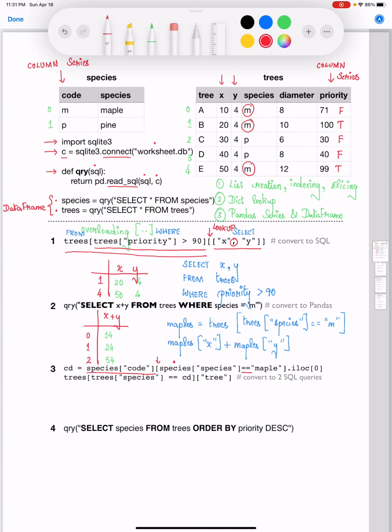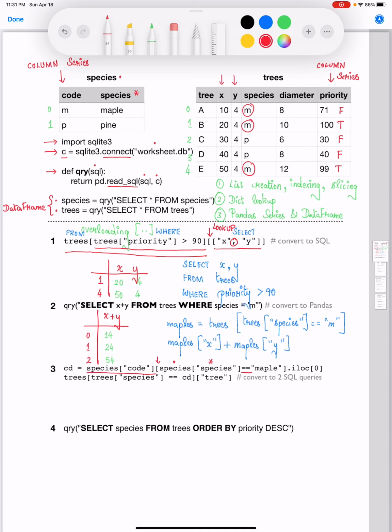The first species refers to the species data frame variable. The second species refers to the string column index species, which is going to be the column index part of that particular species data frame. What are we applying as the condition?